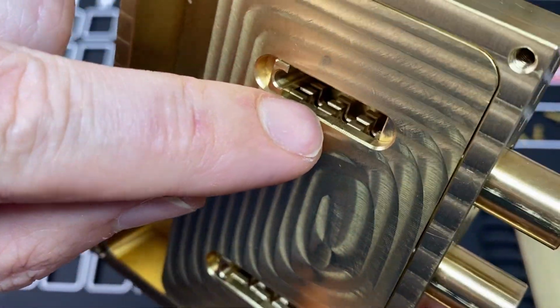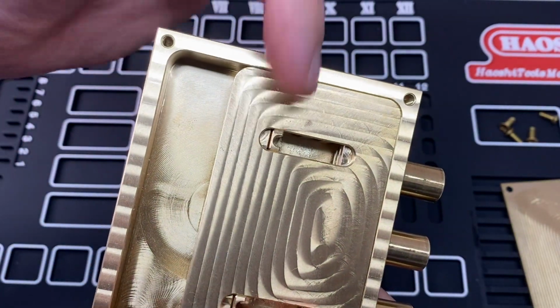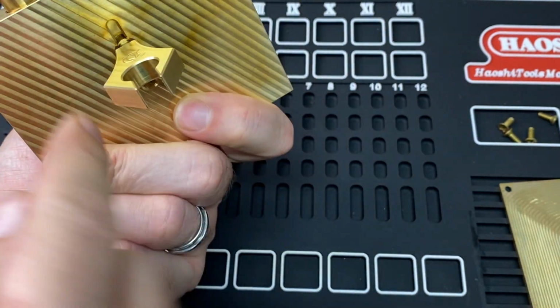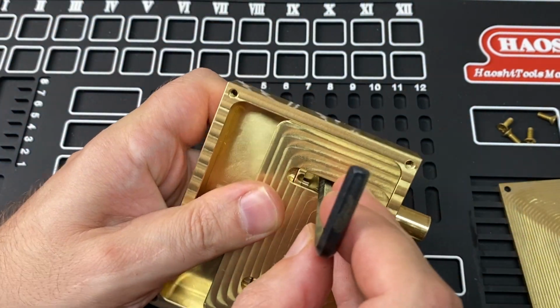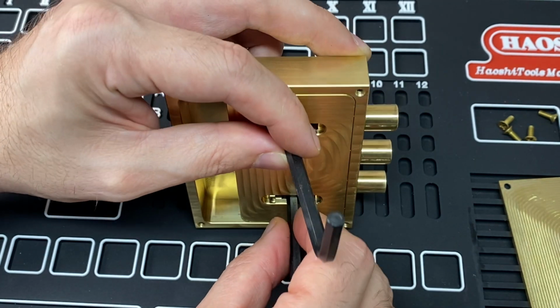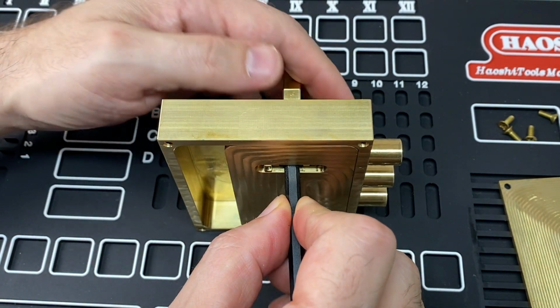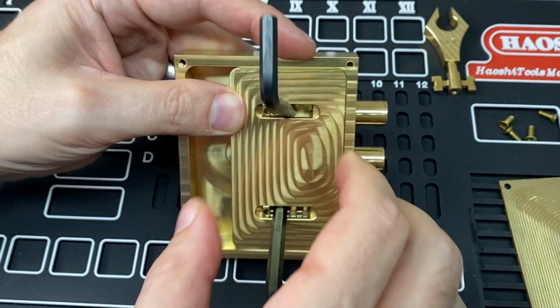Now there are some overset traps here, so if these come up, it blocks the keyway just as much as if you haven't lifted the wafers far enough. If I move this to the right, I can't remove the key, so what I need to do is find something which can hold this apart. So I've got two big hex keys here. Just going to put them in like this in the center post, hold it, and then remove the key, and hopefully we've now trapped